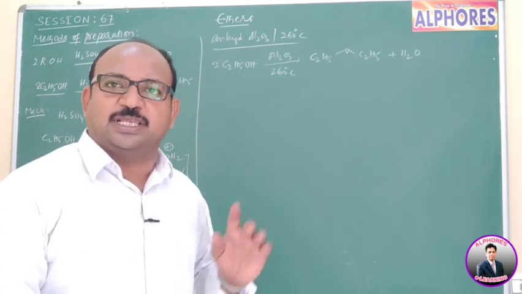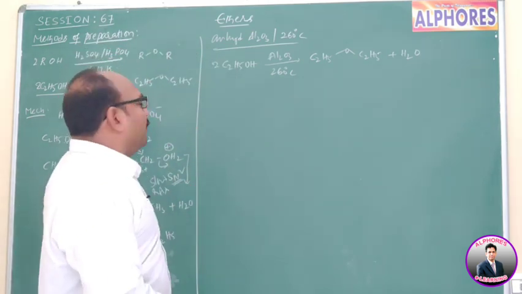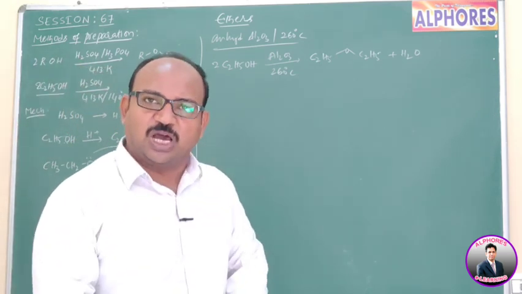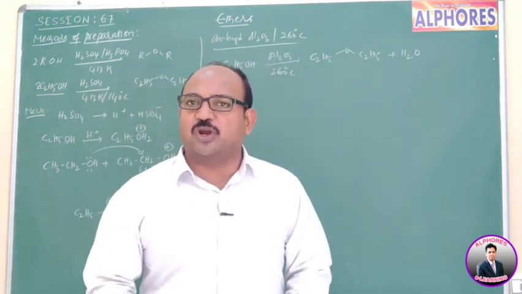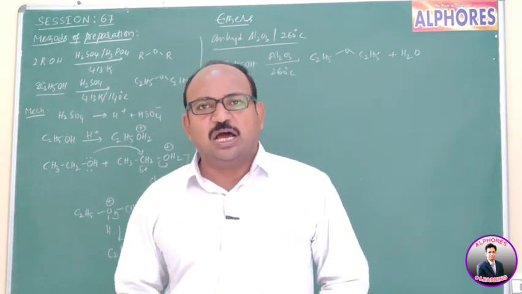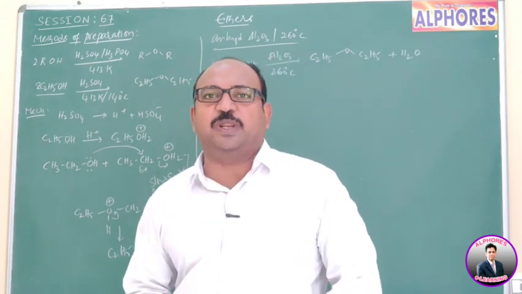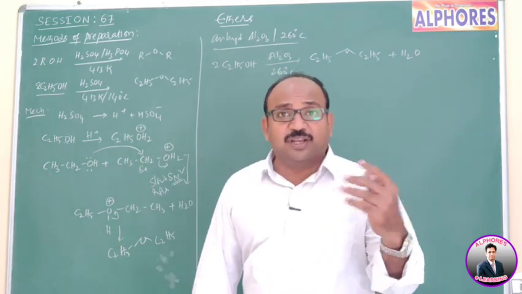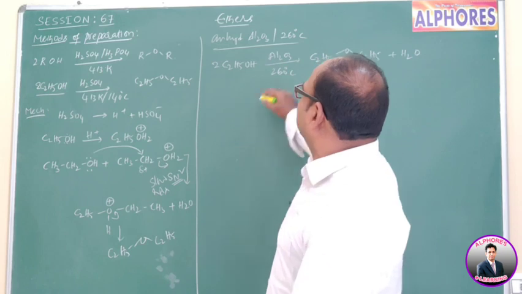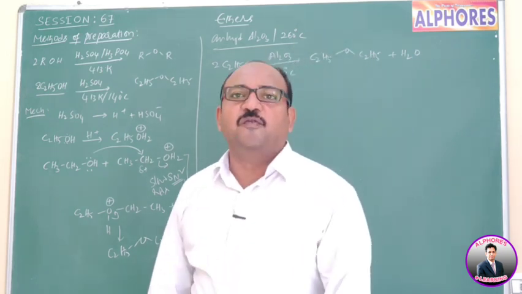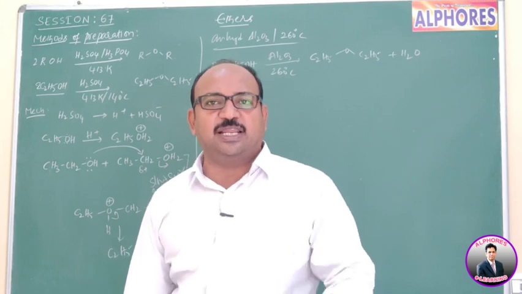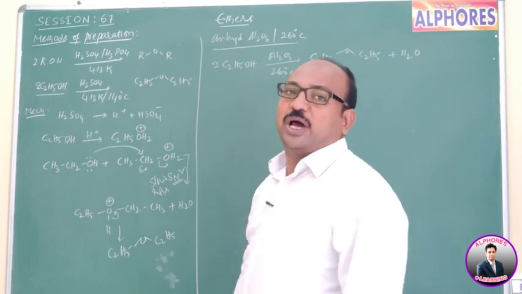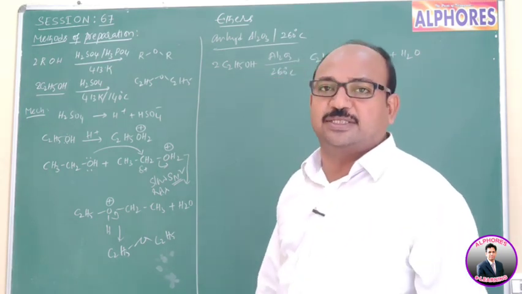That means the first difference is temperature. And the second difference is that here, first, protonation. Whenever protonation takes place, there is scope for the possibility of carbocation, and after formation of carbocation, rearrangement and ring expansions are possible. Of course, ultimately whether carbocation formation takes place or not depends upon the alcohol. But whatever the alcohol, when we are using anhydrous Al2O3 at 260 degrees Celsius, whether it is a primary, secondary, or tertiary alcohol, things are different here. Here you are getting only the dehydration product. You are not supposed to get any other products.